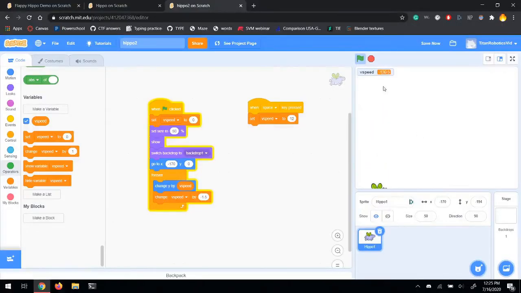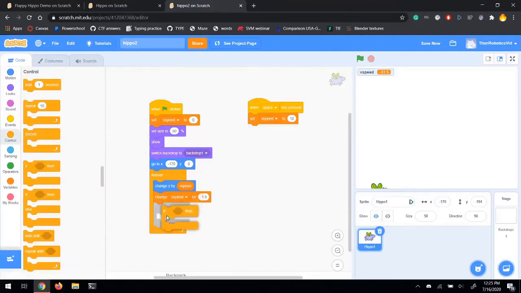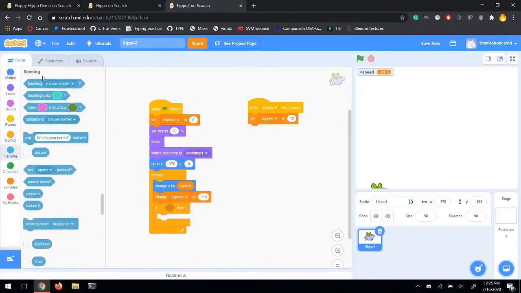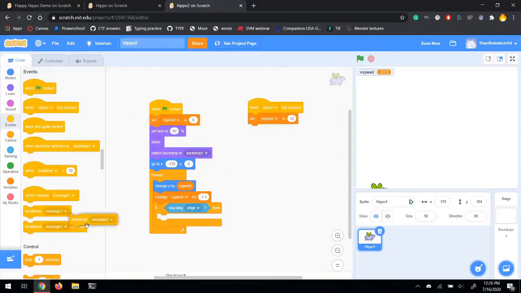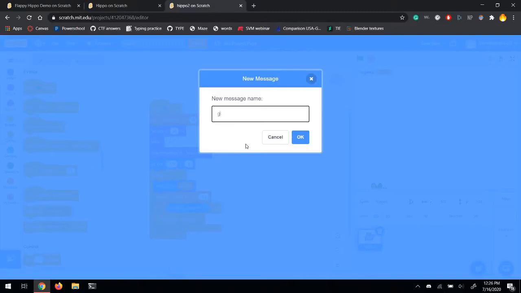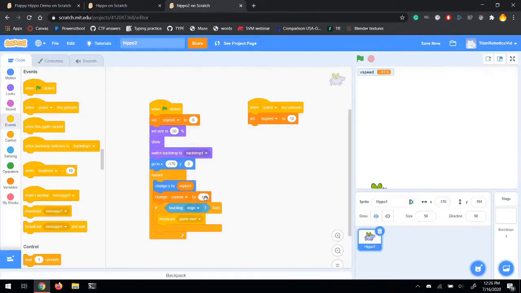But nothing happens when he touches the wall, and v-speed keeps going up. So we need to get this little if block right here, and then detect if he's on the wall using this little block. So we set it to touching edge, and then once it touches the edge, we want to send out a message. And this message will be game over, because you're not supposed to touch the wall. And now we need to receive the message over here in this block. So when we receive game over,